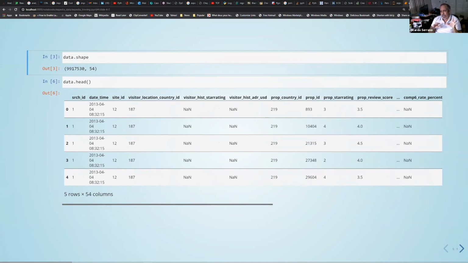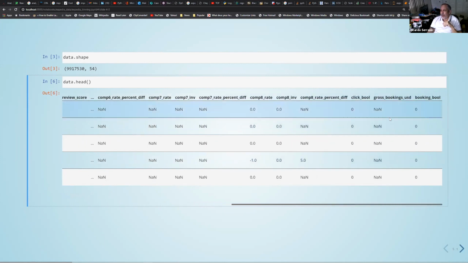So the first thing that you're going to do, I'm not going to show it here, is read the data set. The data set is in a CSV, comma-separated values file. I'm going to give you just the highlights because I want to focus on the techniques. This data is about 10 million rows, and it has 54 columns. And this is a snippet, the heading of the data.